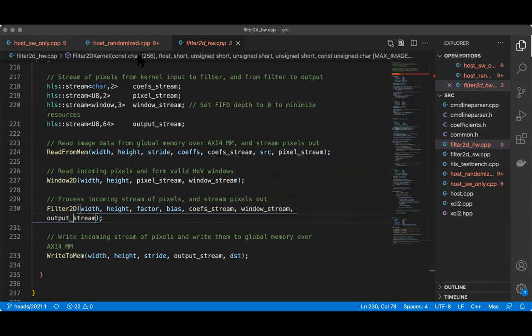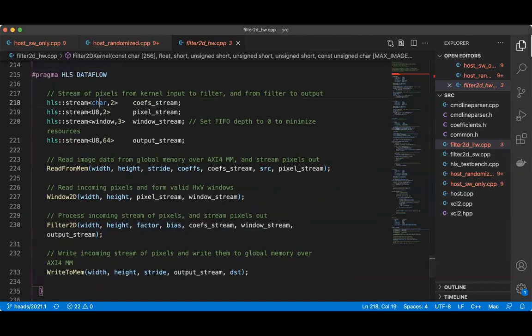And this particular data type, hls::stream, is very important. On line numbers 218 to 221 you can see this HLS stream. So what is the type of each entry in the stream?